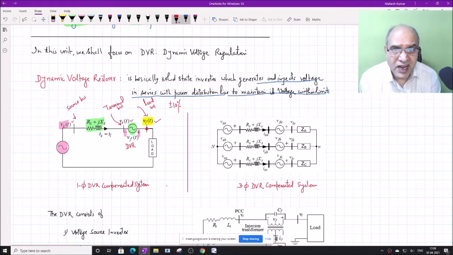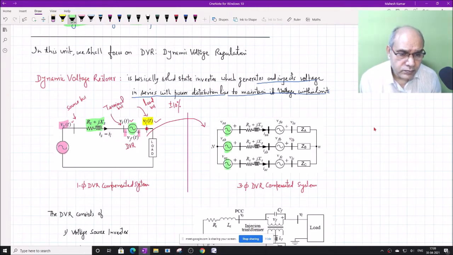We can extend this idea to three-phase compensation. Therefore, in three-phase we have a three-phase voltage source, so we have VSA, VSB and VSC, and then there are load impedances which could also be unbalanced, as well as they may contain harmonics. We have not shown it here. So this is the impedance and these are the currents which are passing through each phase, ISA, ISB and ISC.